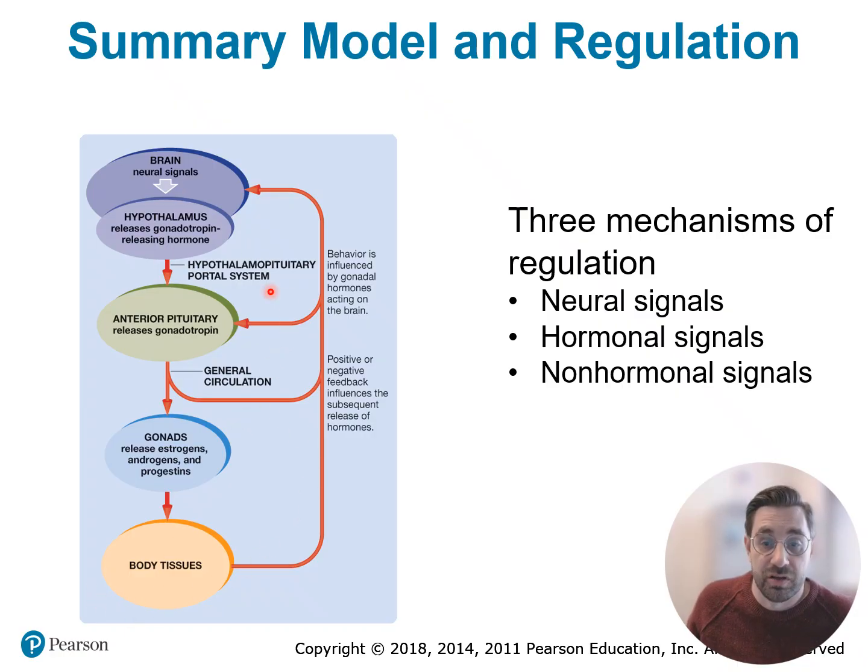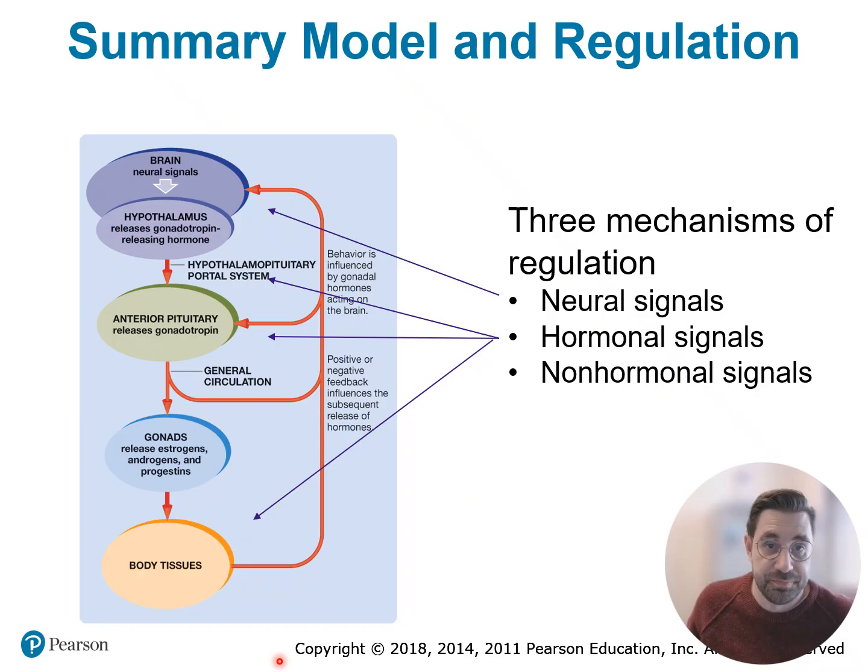And then there's feedback along the way. There's neural signals, hormonal signals, and non-hormonal signals from the body all throughout the process. Okay, so sometimes we think about our hormones being like a dumb system, right? But they're ultimately going to be regulated by and connected to our brains. So if our hormone system is dumb, then it's because our brain is dumb. But there's a lot of regulation process to keep this steady or cyclical and to change throughout our lifetime. So we'll get different release of sex steroids at different times of our life. And this is going to be regulated as we go.